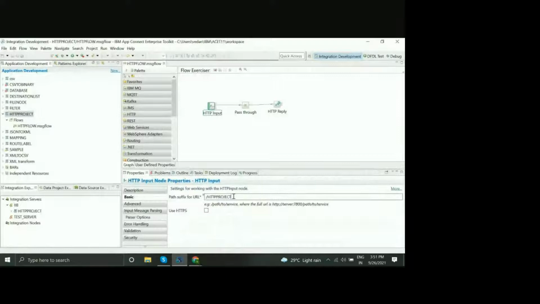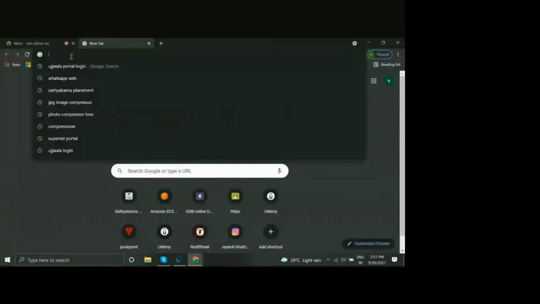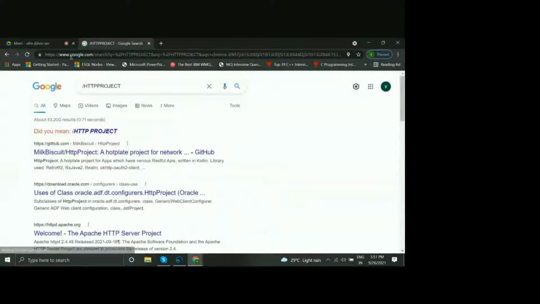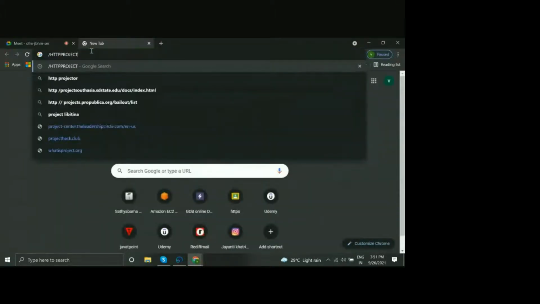Open a new window. Wait for me to tell you what to type in that URL. Delete this, the entire thing.